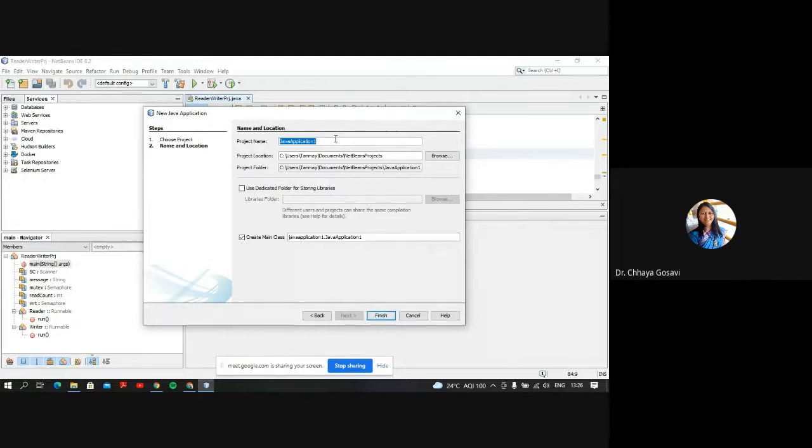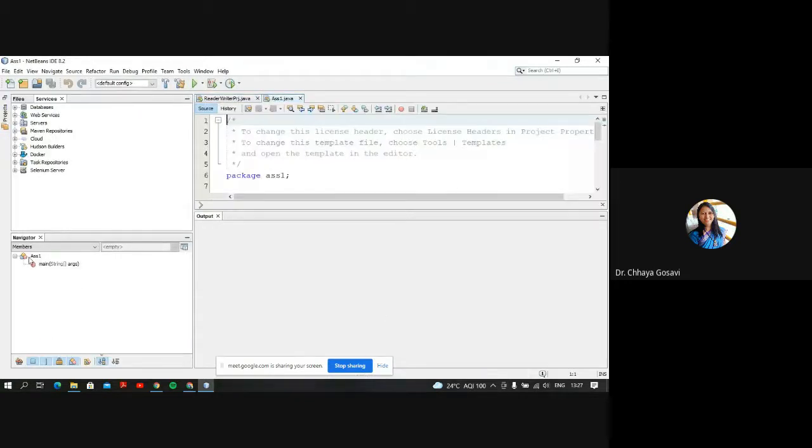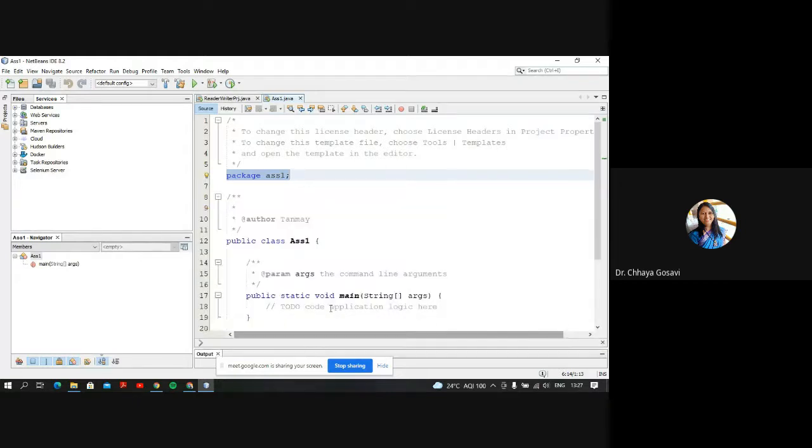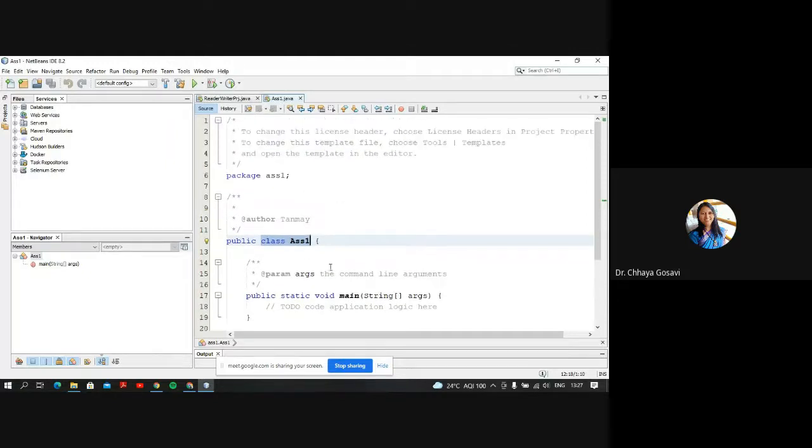So the project name is, say, assignment 1, and then finish. So this assignment 1 gets created, a new project, and here can you see this keyword package assignment 1? NetBeans has provided me by default package assignment 1. Your class name is assignment 1, file name is assignment1.java, and main function. You can change these names if you want.